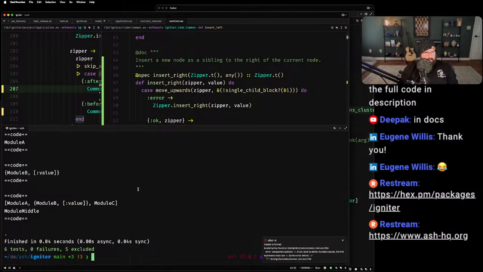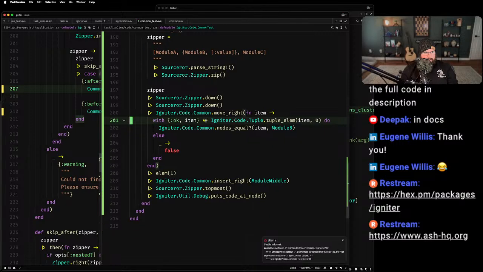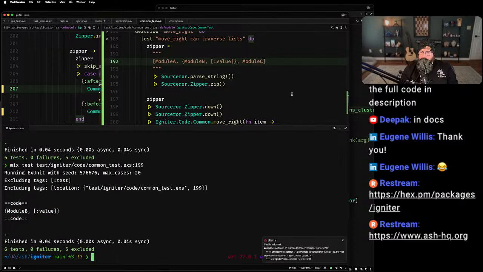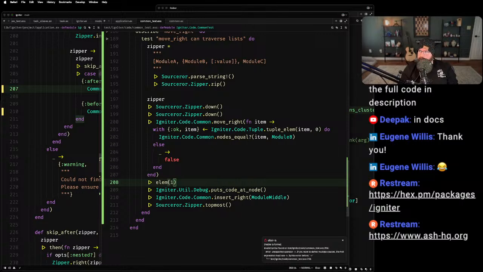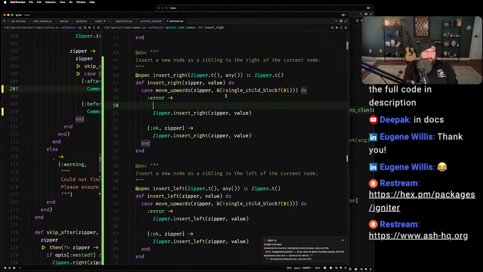So in this test, when we go to insert right, the zipper, all right, let me clean up some of these. Right, so right here, our zipper should currently be positioned at this item right here. So let's see if that helps at all. Okay, it is. That's good. So, oops, I gotta switch this. Okay, so now what we want to see is when we go to insert right, first we go upwards. Let's just see which branch we're getting into.